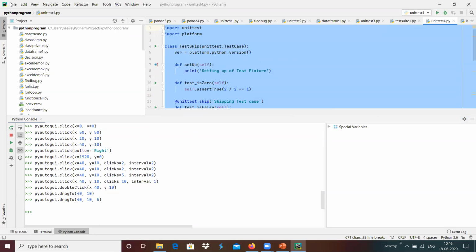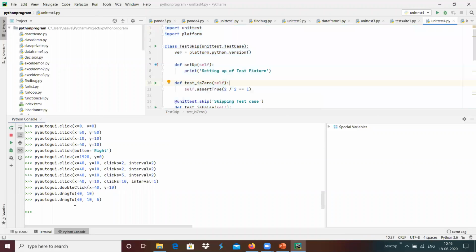Drag events can be generated with the help of PyAutoGUI. If we want to do the drag, we can do either left button dragging or right button dragging, with the help of button equals right. By default the drag uses the left button of the mouse.